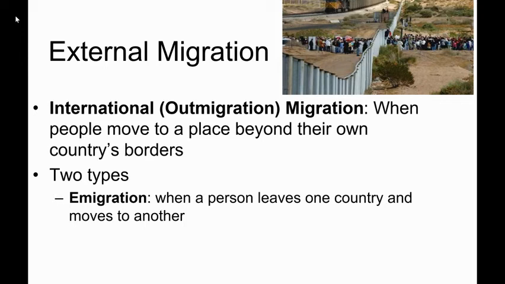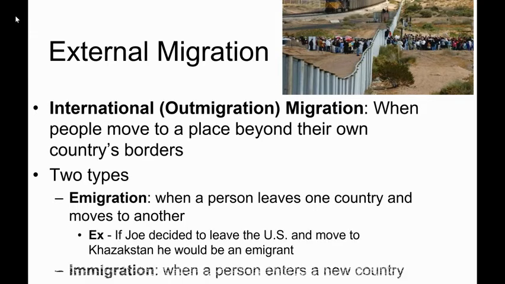Okay. Now, there's two types of out-migration that we need to know. One is emigration, and then the other one is immigration. And so when you have emigration, that's when people leave your country. So if we say that 250,000 Americans decide to leave America and go to another country, when they leave America, they are called an emigrant. And this is kind of a different term for us because we don't typically think of Americans as people leaving our country. It doesn't happen certainly as much as people coming into our country, which is called immigration.